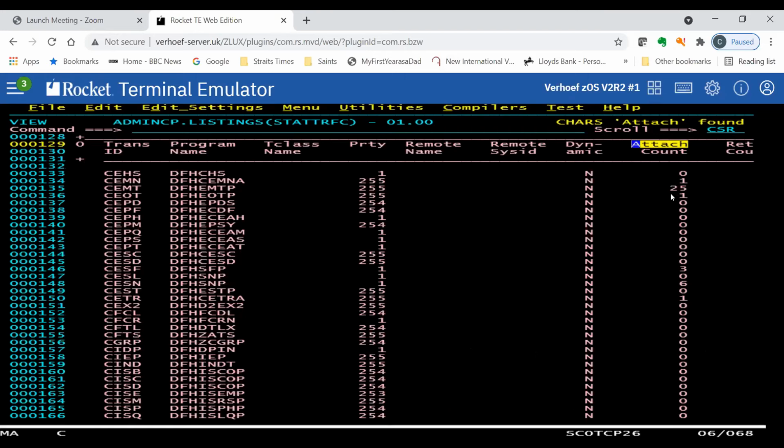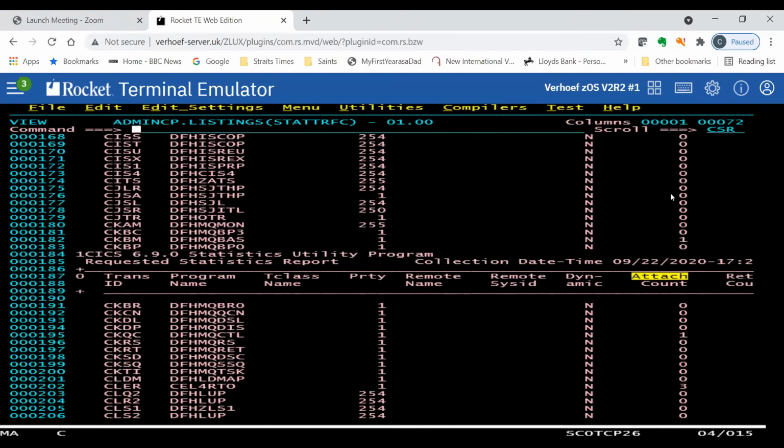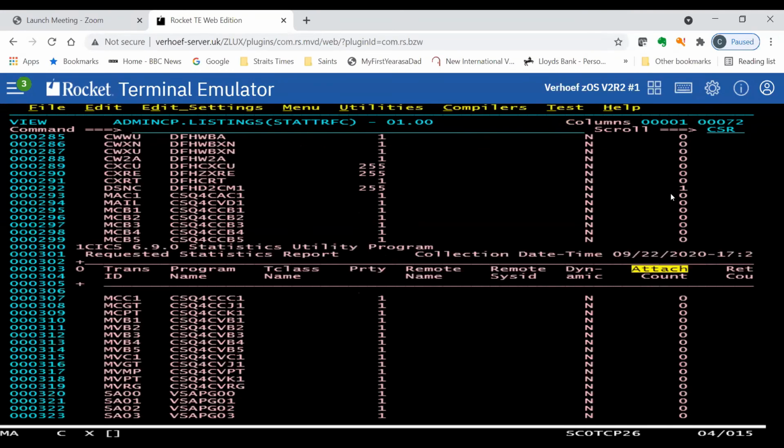So if I'm focusing on a particular transaction or a series of transactions, it may be I want to know, did this transaction run? I can simply do a find on that transaction because I saved the data. If I come down after attach, okay, I'll come all the way down, you can see it lists all the transactions here.